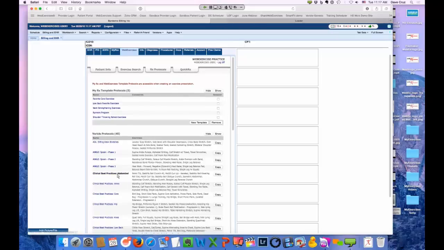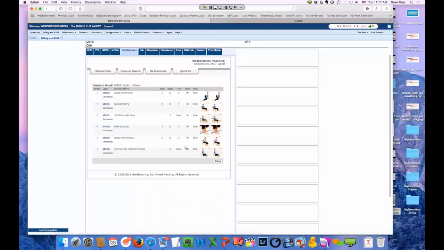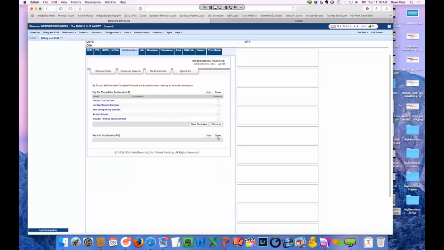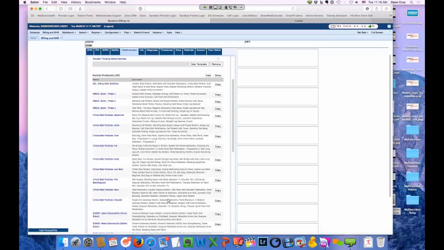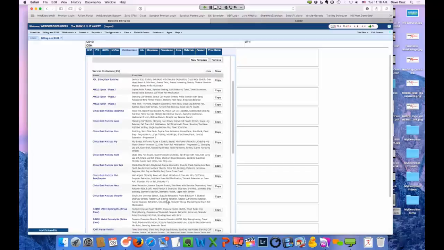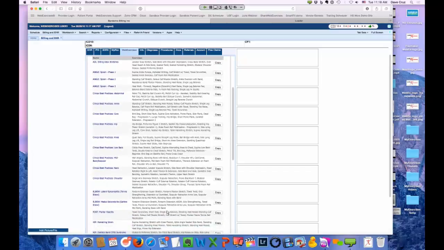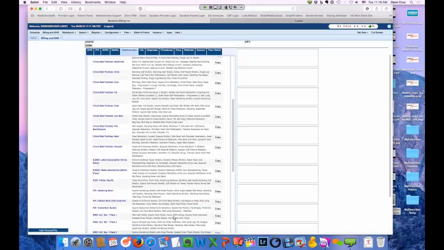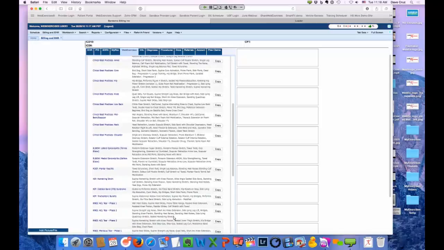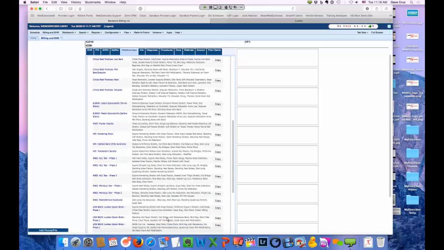So you might have a patient with a sprained ankle. So instead of searching our database for what am I going to do for this sprained ankle, just use our protocols. It can show just a variety of different ones. I'm just going to scroll through from lateral epicondylitis, to runner's knee, to ACL tears, to low back pain, so just all sorts of commonly found musculoskeletal conditions which you treat day in and day out.